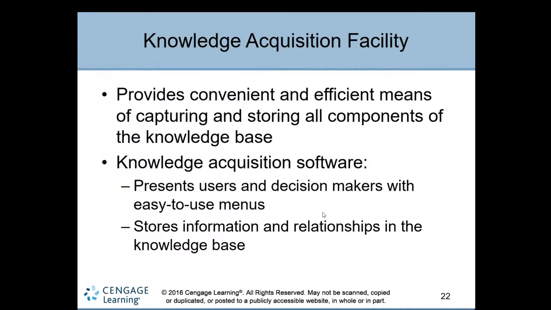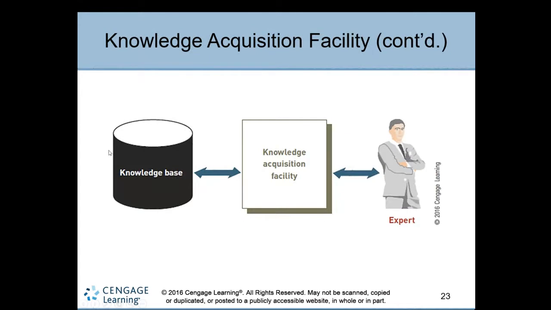This is done by knowledge acquisition using tools called knowledge acquisition software tools. Mostly it presents users and decision makers with an easy-to-use, interactive way. They can access the knowledge and can also store the information relationships in the knowledge base. This is one way of interfacing between the knowledge base and the expert users. Knowledge acquisition helps experts, decision makers and managers to utilize this knowledge, with two-way storing and presenting of knowledge base data.